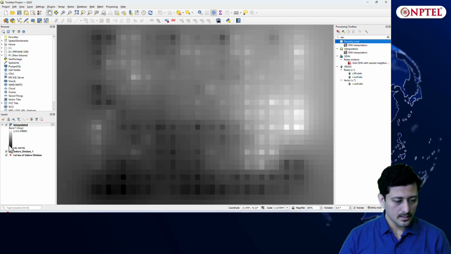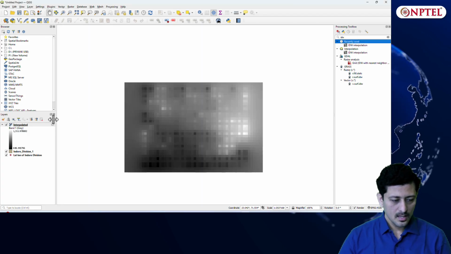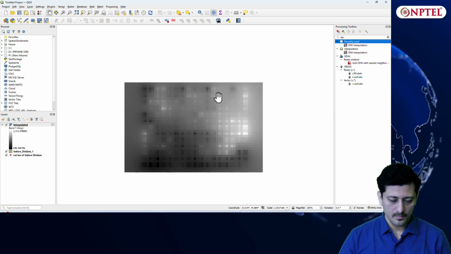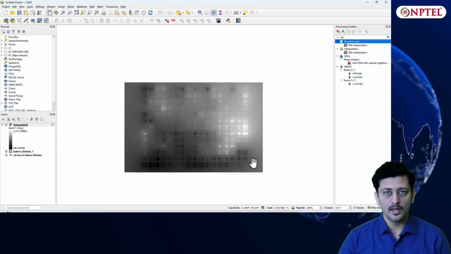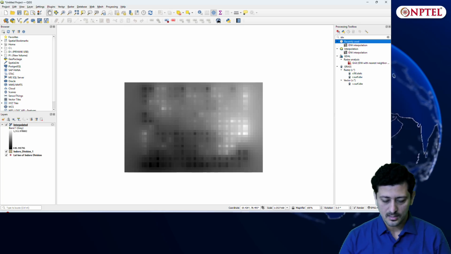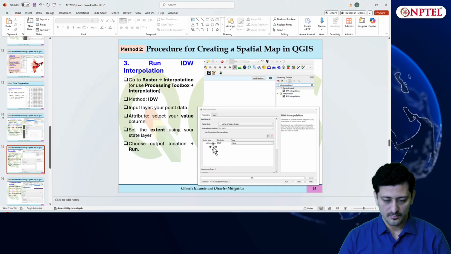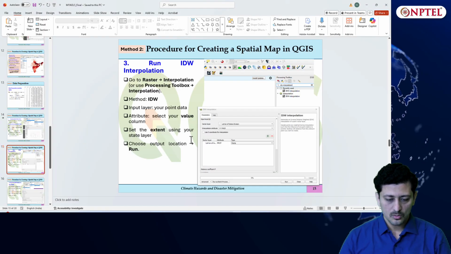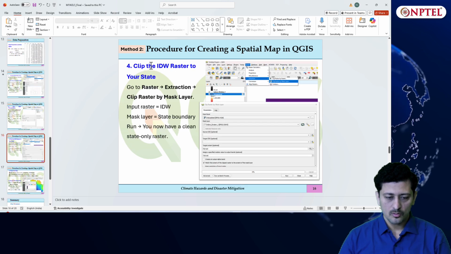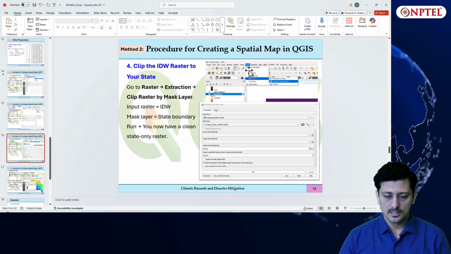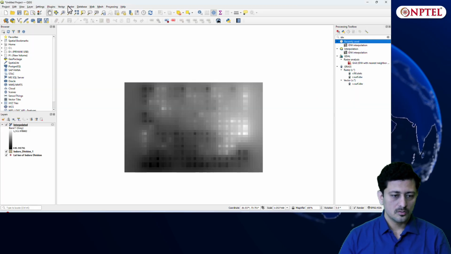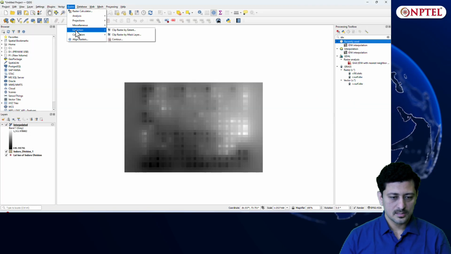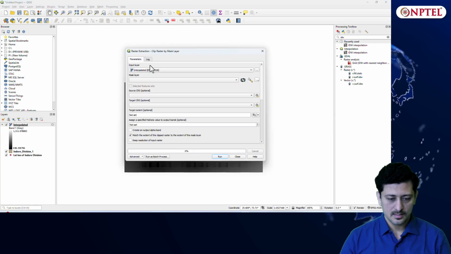This map is an interpolated layer, but you can see that it is taking a larger extent. We want to make it a concise extent, to the shapefile. So what we need to do is clip the IDW raster. Go to Raster, Extraction, and Clip Raster by Mask Layer.